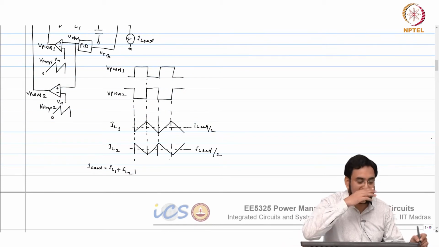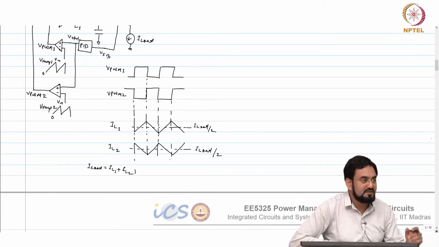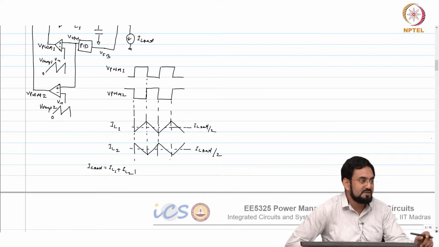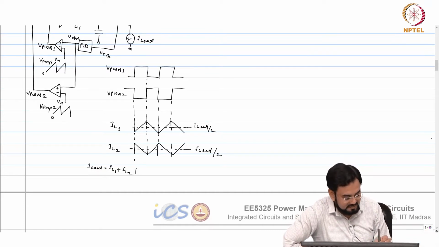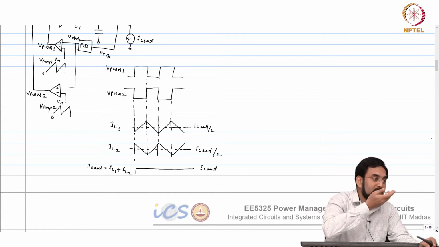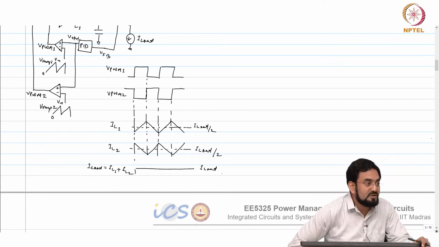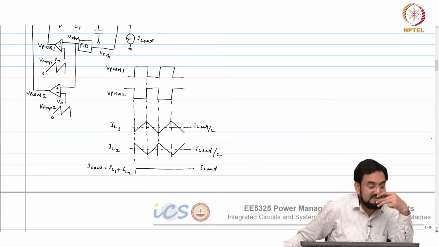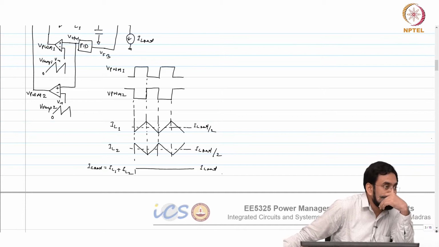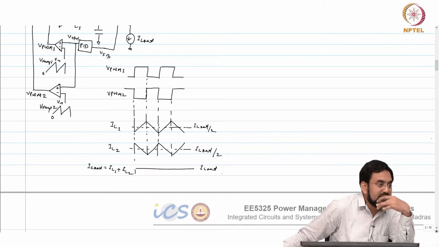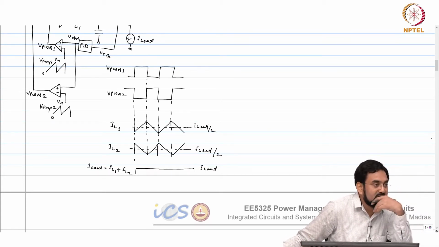what will happen? So let's say it's a 50% duty cycle, rising and falling slopes are same. What will be the current? DC? Where is the ripple? Ripple is cancelled out, huh? Zero ripple. This 50% duty cycle, huh? And what will happen at non 50% duty cycle? You will have ripple. Will that be higher or smaller?